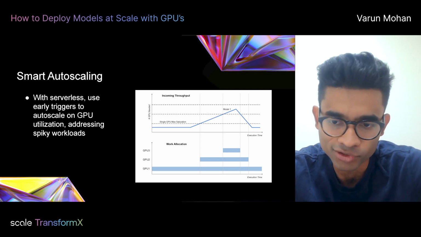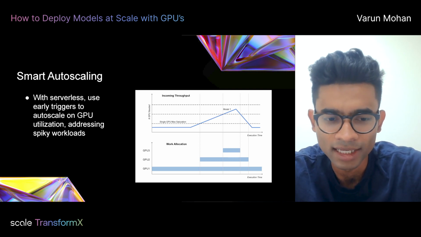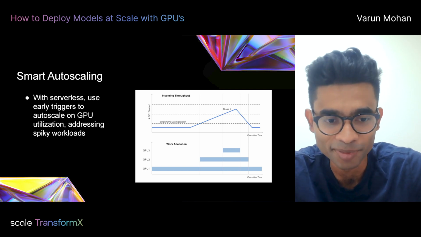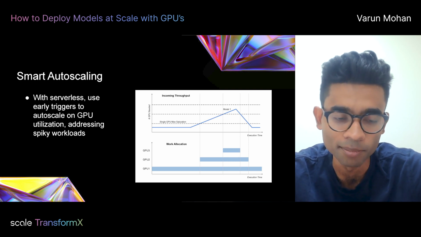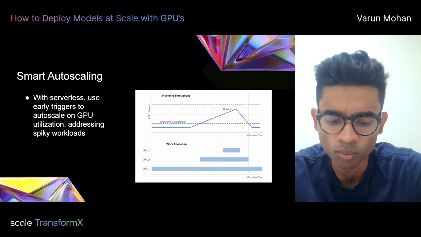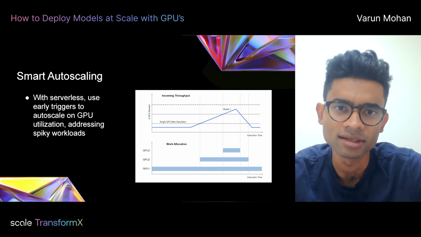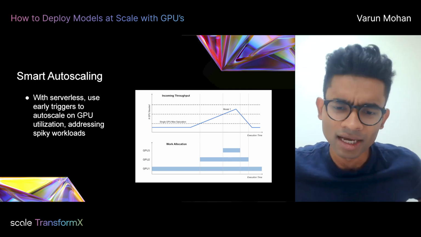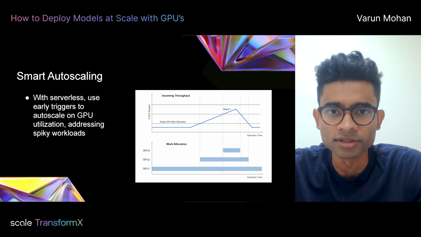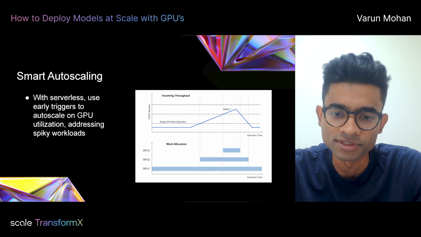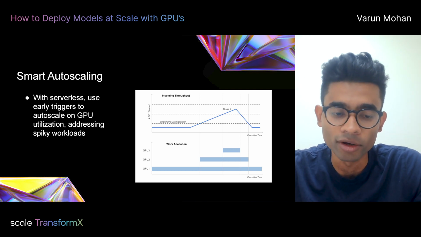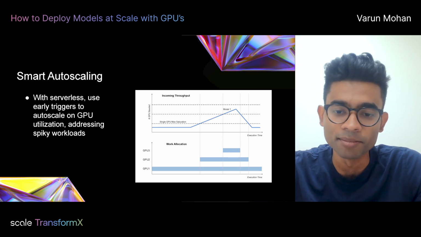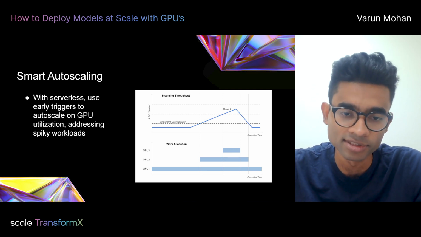Maybe another thing to think about there is, instead of always capacity planning for the peak, intelligent autoscaling is critical here. You want to be able to scale GPUs up based on utilization. One of the tricky parts is that scaling GPUs in a consistent way is a little bit harder than CPUs because GPUs are a lot more scarce. So sometimes you might need more clever autoscaling strategies, but autoscaling is basically a must to be able to compete with CPUs.